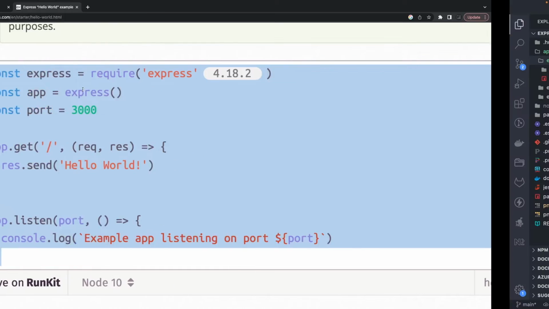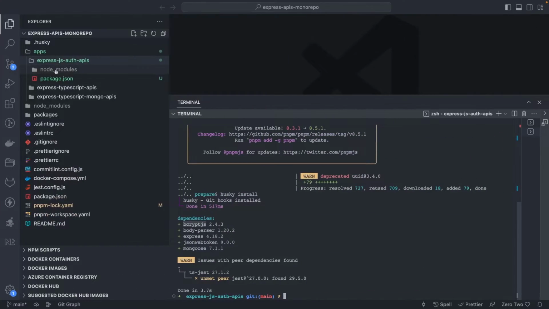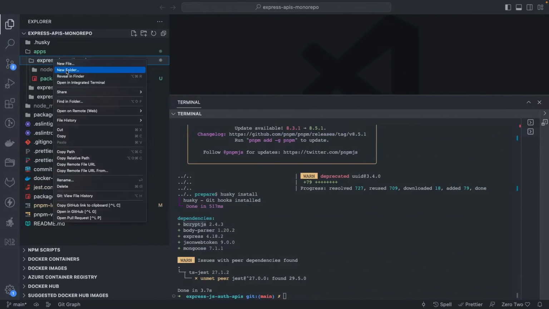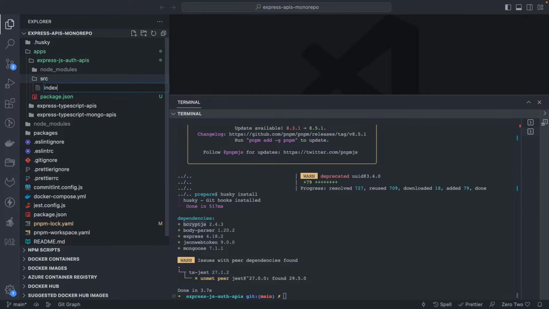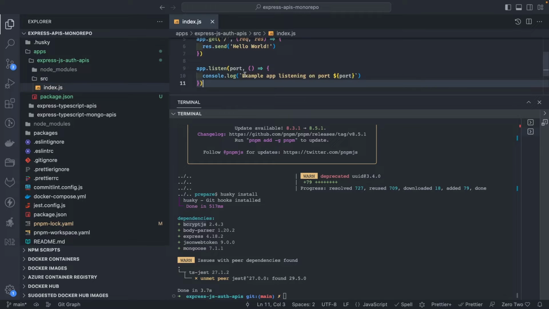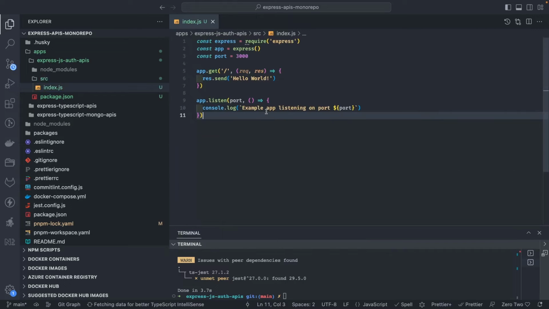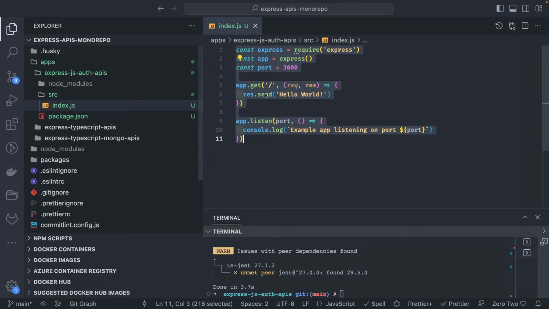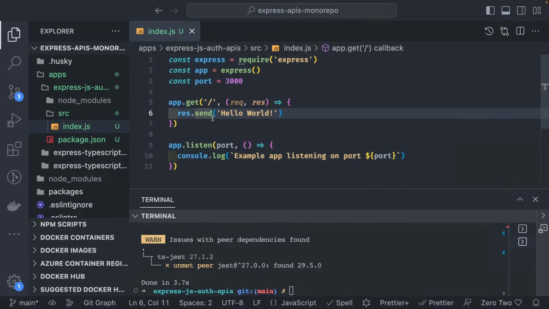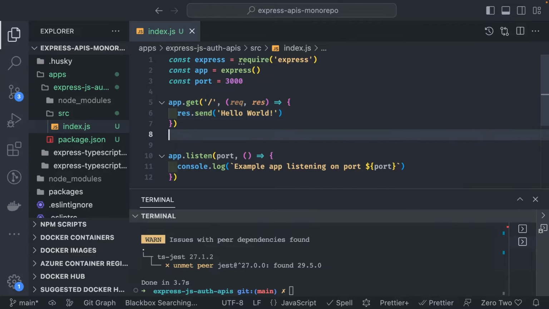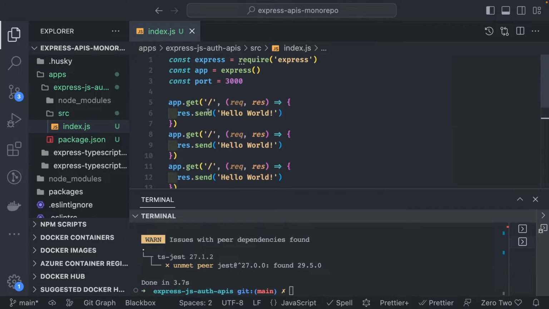So if I just copy this and put it in my code, this is what we are talking about. In source, I will just create an index.js file, and here I will add all the dependencies. This is a simple code I have written. I mean, everybody has seen this code, and if you are already aware of it, then you can skip this video. This is just a simple Express app. What it is doing here, you can define multiple routes, app.get, put, post, delete, right? So here I'm just saying, give me the ID,